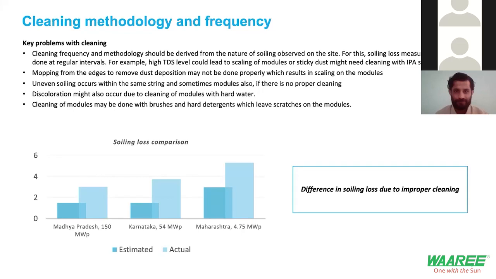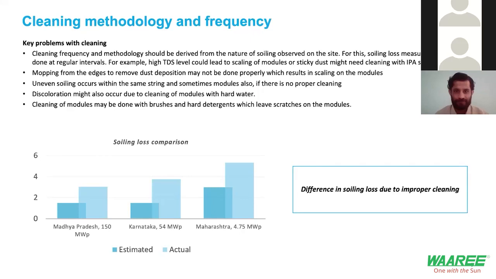What can be done to prevent this? We know that there is a soiling loss that is happening. There are certain soiling loss measurement tools that are available. If you don't have that, for example, if it's a small plant, or if you do not have that soiling measurement tool, you can do it once in a year or that kind of frequency. The other thing that we find here is that the TDS level